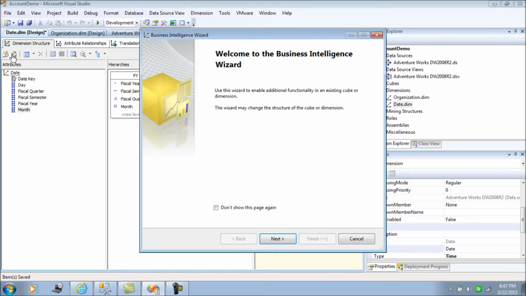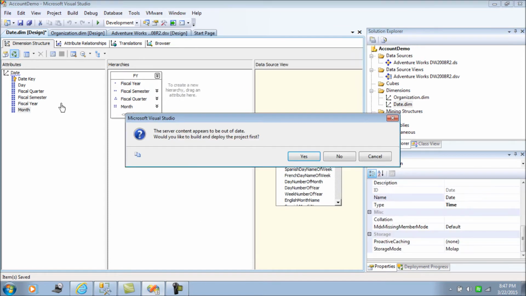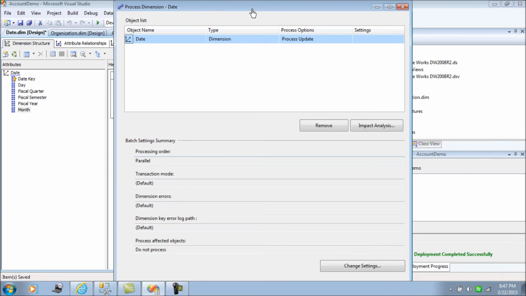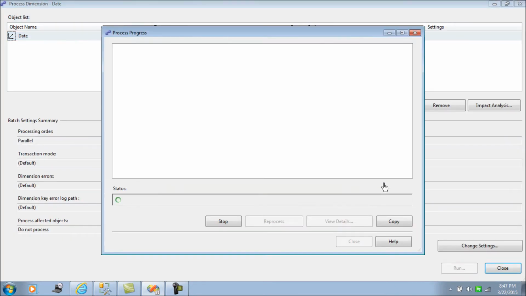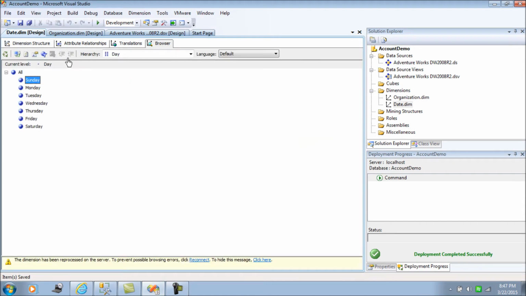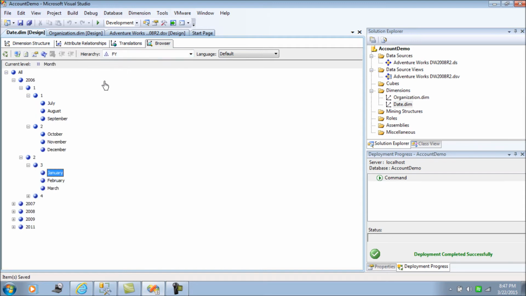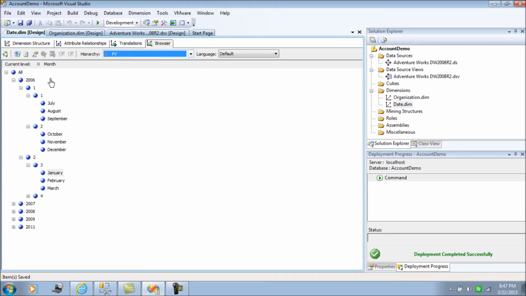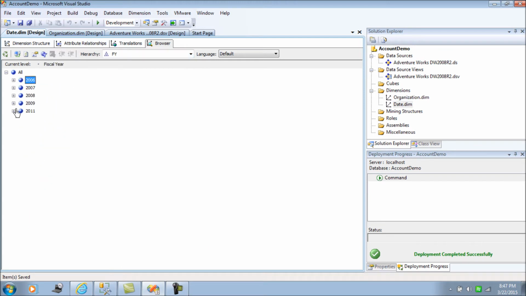So let me reprocess this. Done. So I should see only day and FY. That's all. Day and fiscal year. That's all I should be seeing.